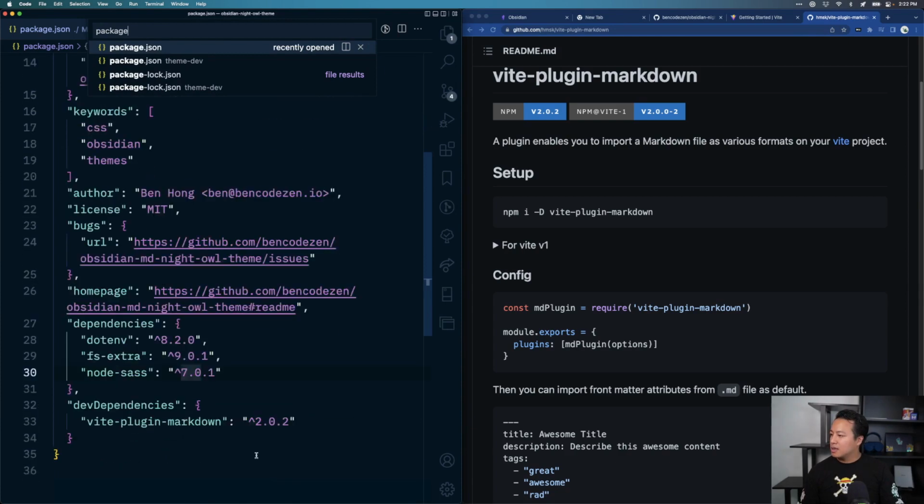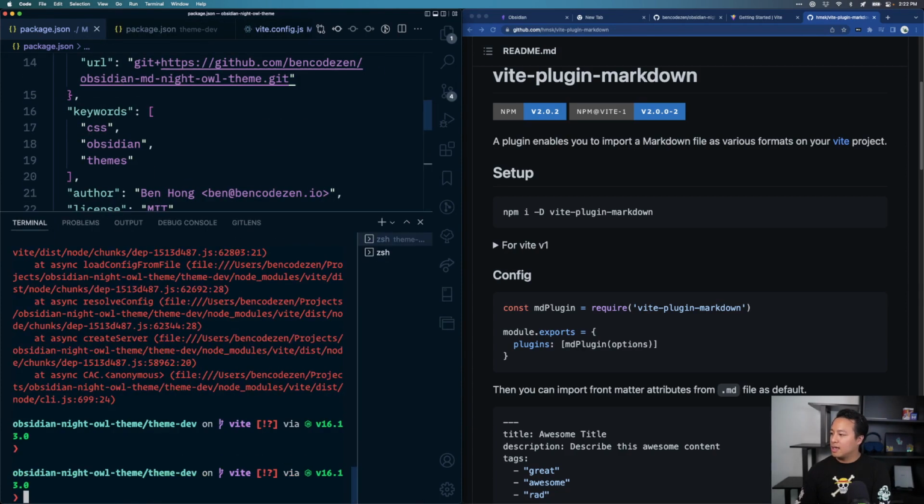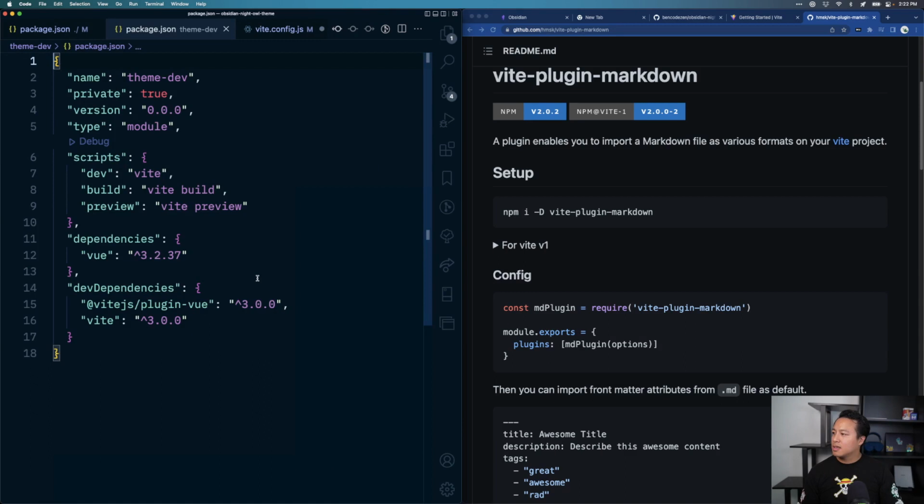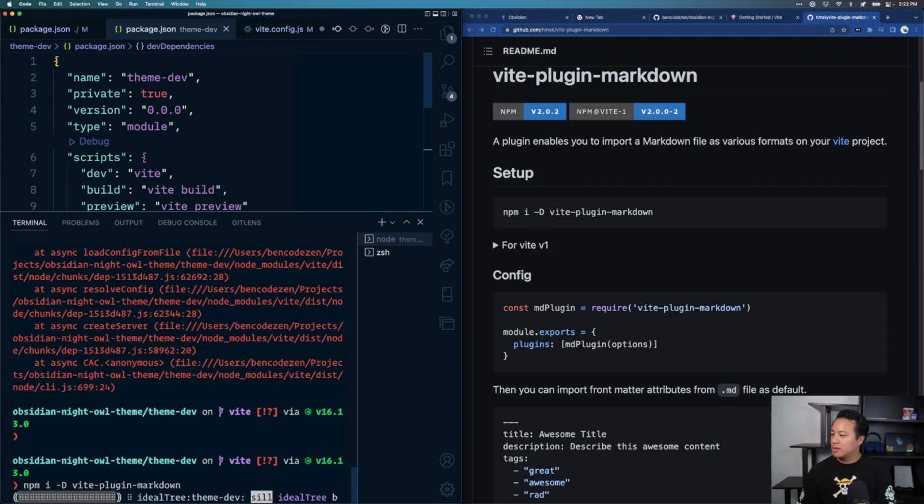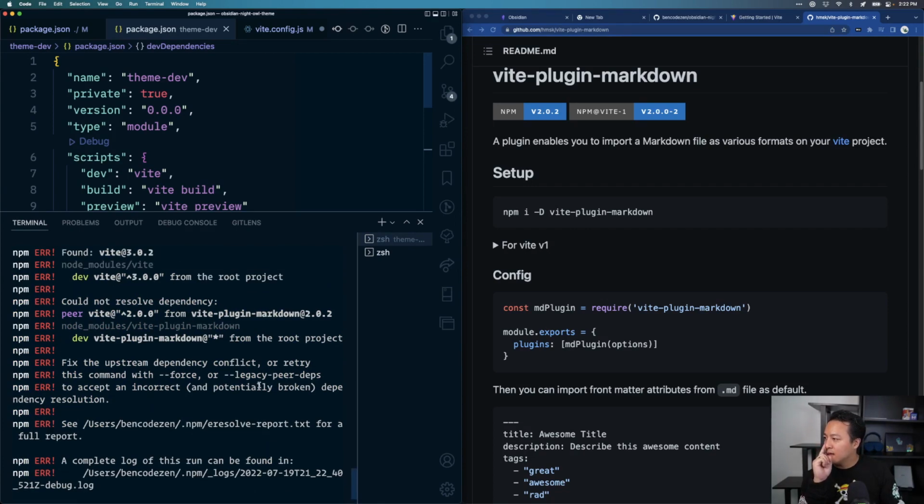Oh, wait a second. Silly me. I know what I did. Ha! Nope, I don't. I thought I did for a second. Oh, wait, I am right. npm install Vite plugin markdown. I have two different package.json files. So that is,